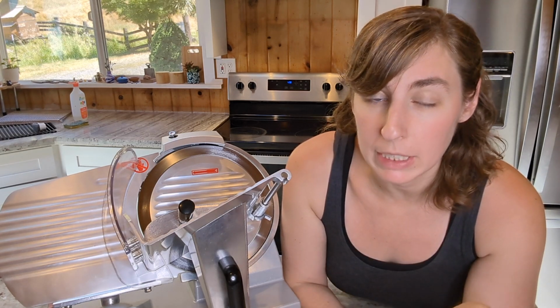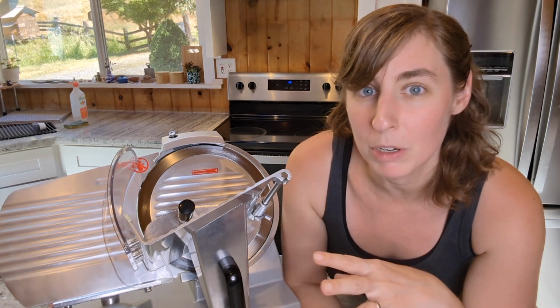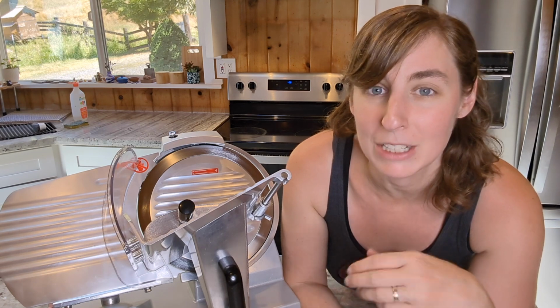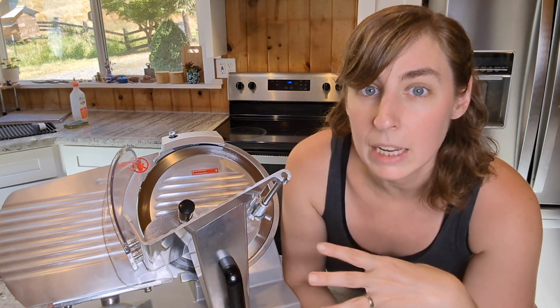Next, I want to make it really clear that this is a very powerful, heavy duty, and dangerous machine. This is more of an industrial type piece of equipment. It is not one of those household kitchen appliances that you keep in your cabinet and pull out every day and then put away. It is definitely a process to take apart and clean. I will be using it on meat processing days, not as an everyday item. Like if we're breaking down a whole bunch of meat, eventually meat goats, or if I want to do a huge batch of beef jerky,